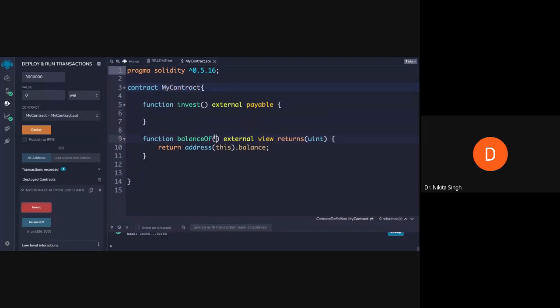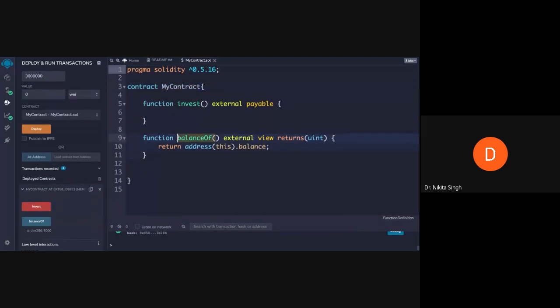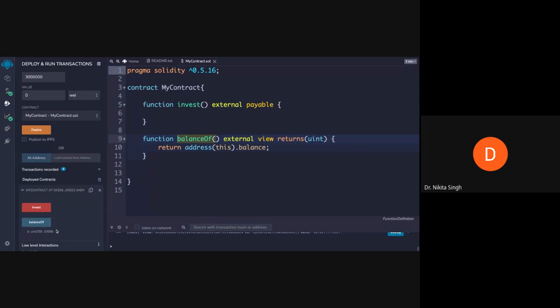And then you have also created another function, balanceOf, that allows you to check how much Ether is present in your smart contract. So this is sending Ether from a contract account to a smart contract. This is how you will send some amount of money from one smart contract to another.